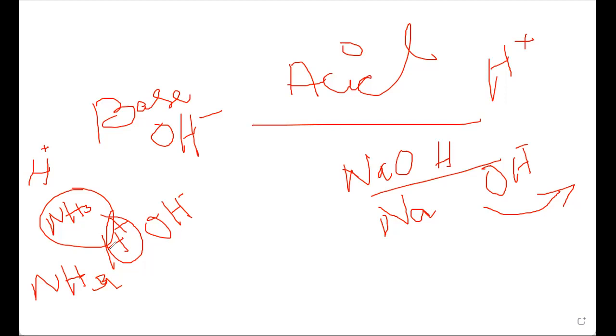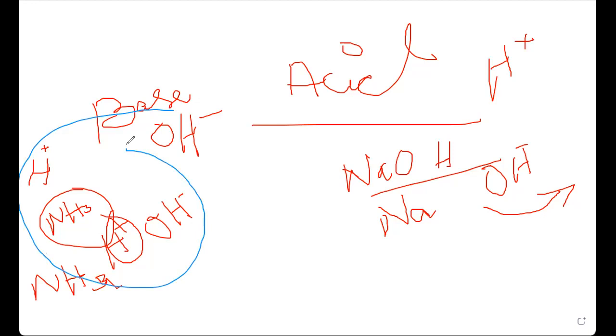So let's recall it, then we can move. What is acid? Acid is something which is giving you H plus ion. And what are the bases, or what are the alkali? Bases are those substances which can accept H plus ion from anywhere, especially from the water. I mean, take HCl as an example. HCl is an acid, because when you are dissolving HCl into the water, it is donating H plus ion to the water molecule.